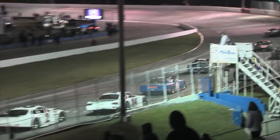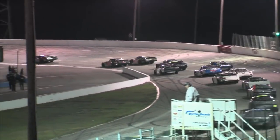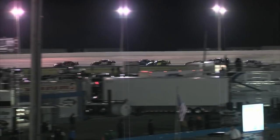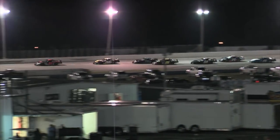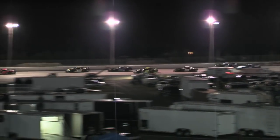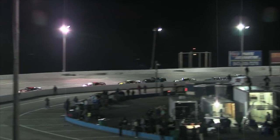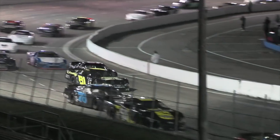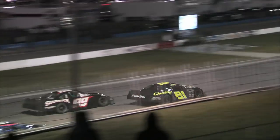The 51, Chris Chapman takes over second, Boo-Boo Dalton third. Chapman takes over second, Boo-Boo Dalton back to third in the 50 as they roll down the back straightaway. It'll be a white flag, looks like this time by, for your race leader, Jamie Weatherford. Weatherford will see the white flag first, and for the final time, Weatherford will bring a field of late models